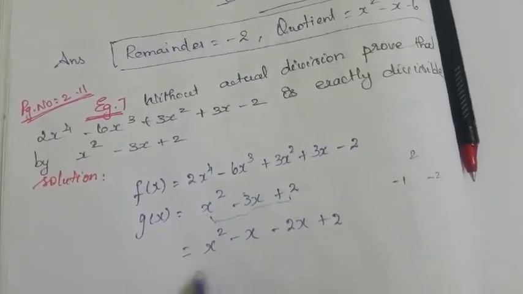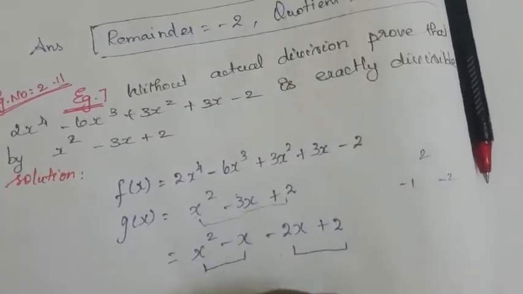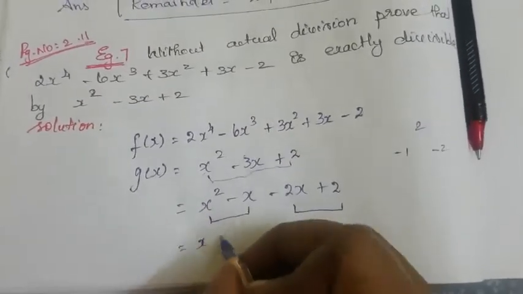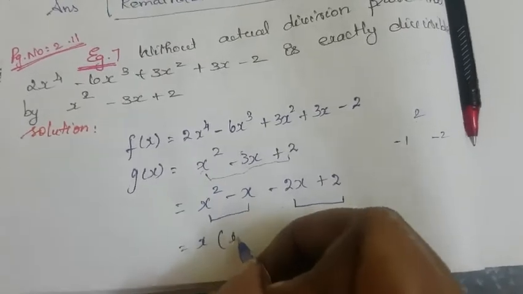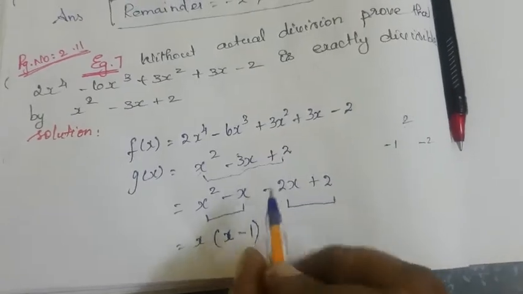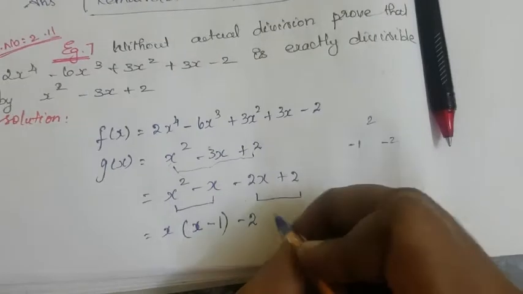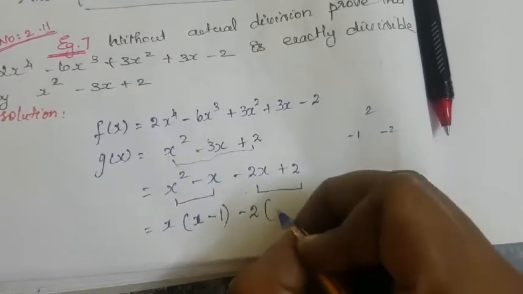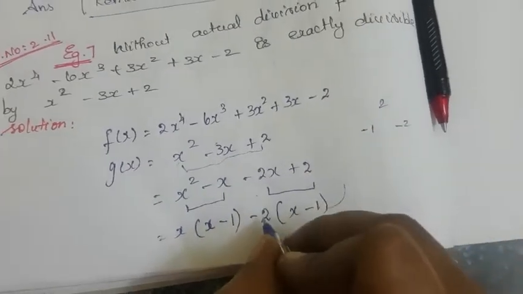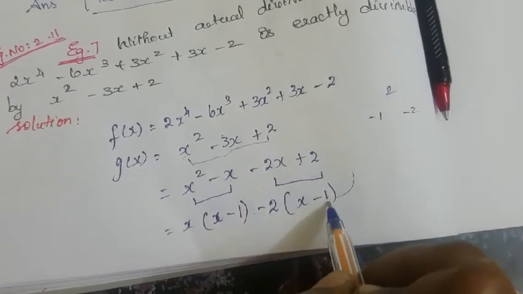Okay, so here which is common? Now we have to compare these two terms. So here x is common, this first one. If I take x away from this, here it will be x minus 1, and here minus 2 I'm going to take as common. So if I have taken minus 2 from here, it will become x, and here it will be minus 1. Already minus 2 we have taken away, so here it will be 1. Only 1 minus we have taken, so the remaining minus will be there.